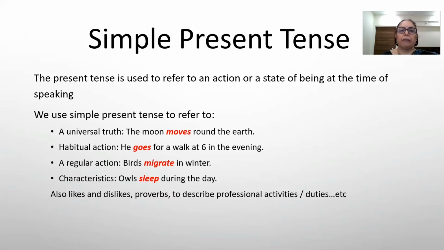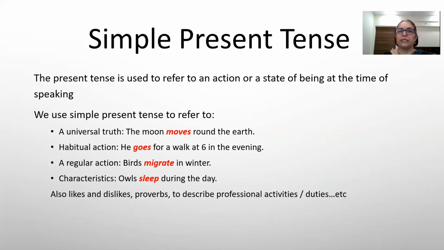So we use the simple present tense to refer to a universal truth, like the moon moves around the earth. Habitual action: he goes for a walk at 6 in the morning. And then a regular action: birds migrate in winter. Characteristics: owls sleep during the day. And also likes and dislikes, proverbs, and to describe professional activities, duties, all these things we are going to use